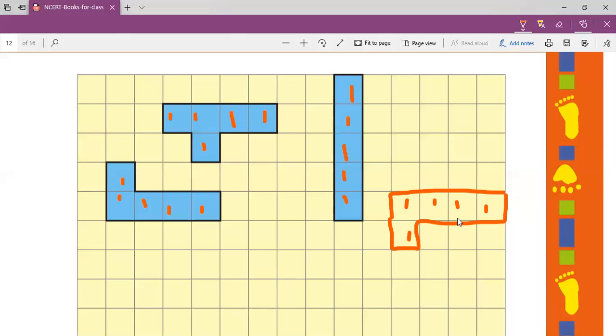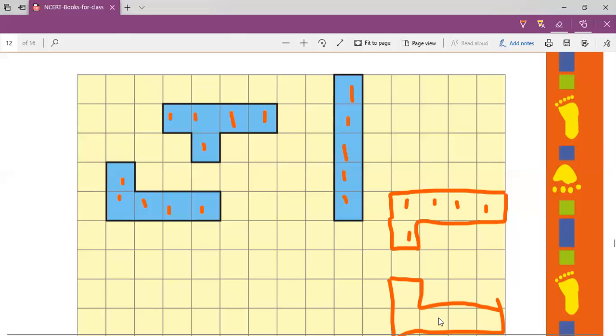Someone may say, ma'am, I will draw the shape like this. You had drawn like this, so I will draw like this. Yes, this will also be a shape, but are both of them the same? Yes, both are the same, only the orientation of the shape is different. If I put one upper side and only drew the mirror image over there, no. The shape should be different. It should not be like this. It should be in a different way. Okay, so this you have to do.